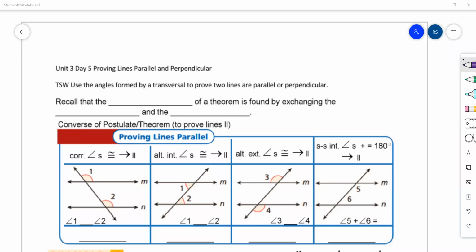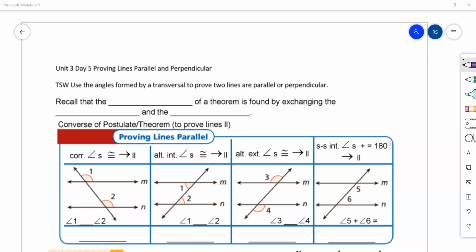Okay, so the next lesson in this unit is again dealing with parallel lines. This time we're going to do a little bit with perpendicular also, but mainly parallel. So if we think back to when we were having to write sentences, which wasn't that long ago,